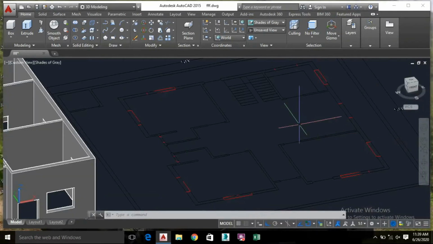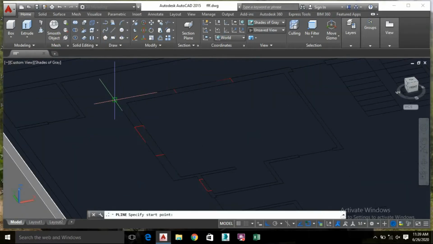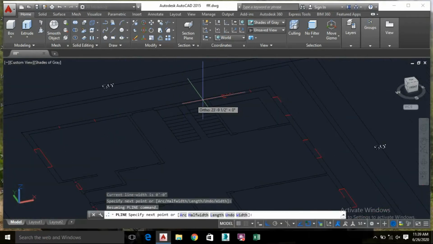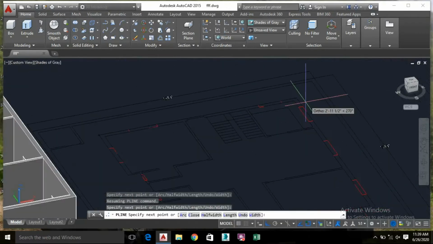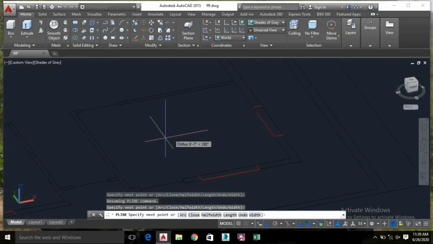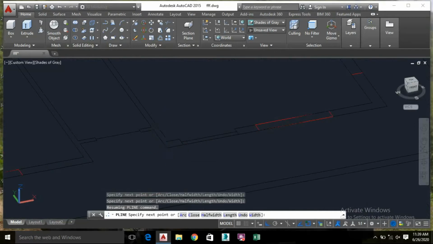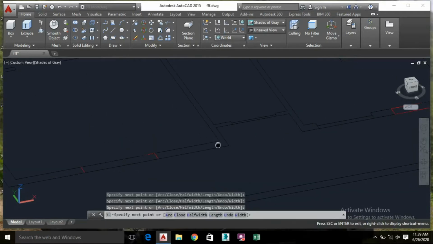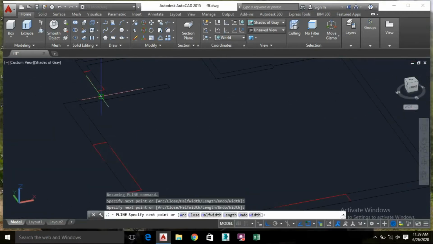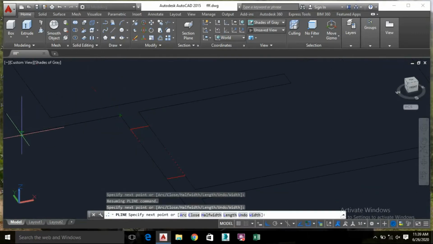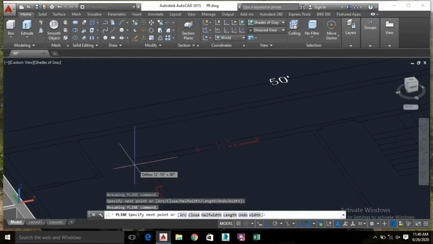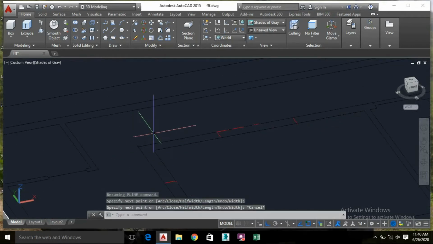So okay, now it's time to make the plinth level of my house. So I will just select the polyline option and just make the boundary for all my boundary walls using the polylines. Okay, in this way, so as to create a plinth level. You just have to complete the boundary of your house using polylines. Just close this,